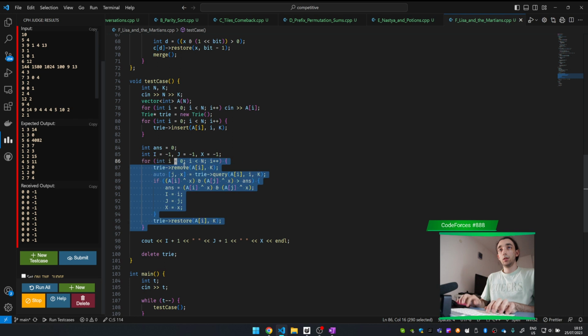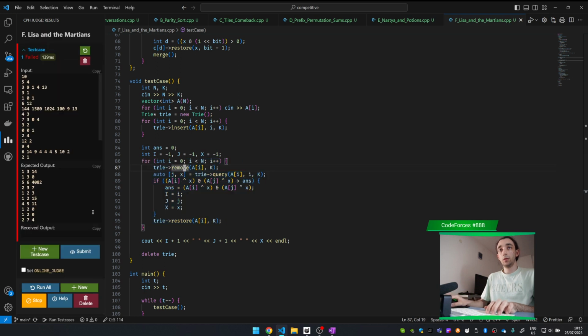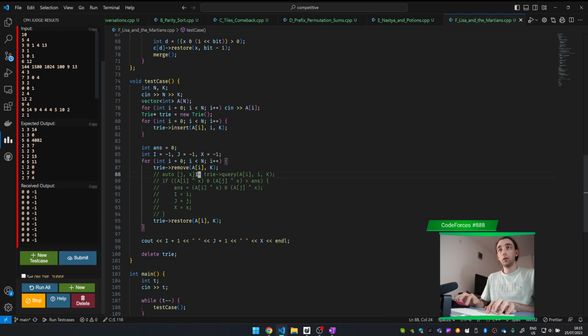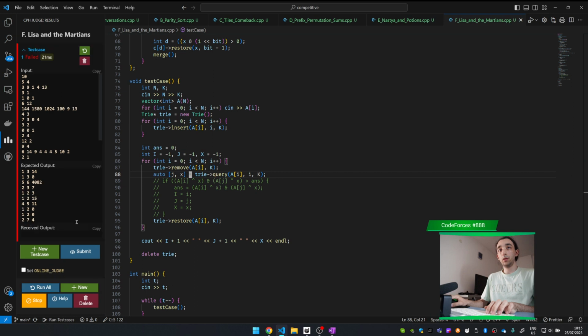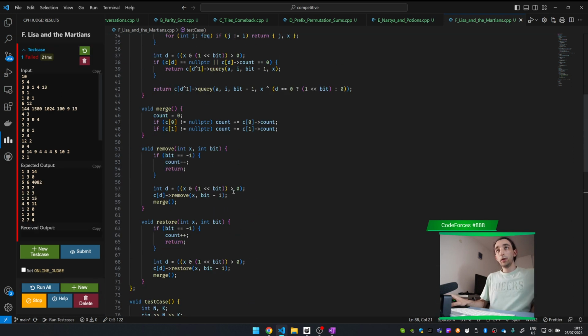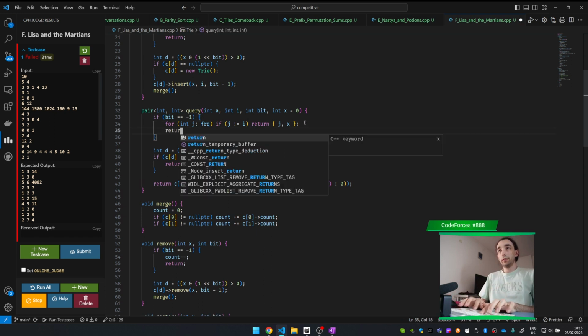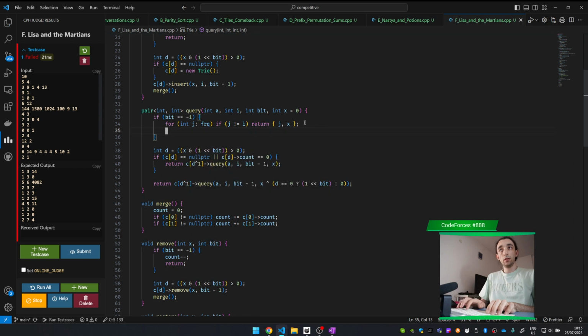Let's see if this works. This doesn't work. Let's see, remove and restore. This works. Query, does it work? No. Okay, query doesn't work. Let's assert false here, just so we know that it doesn't